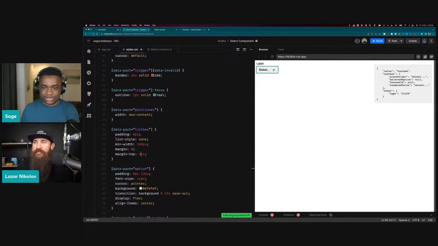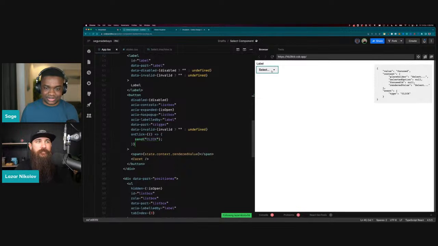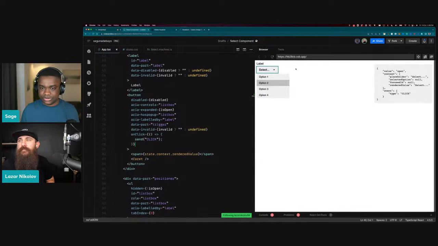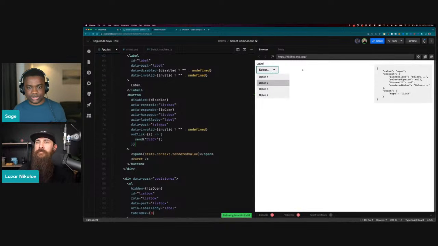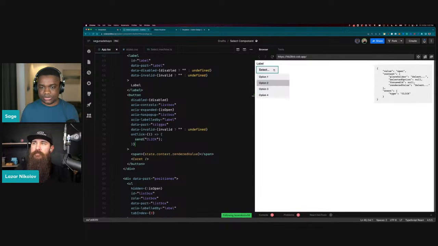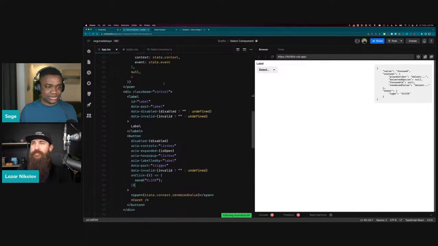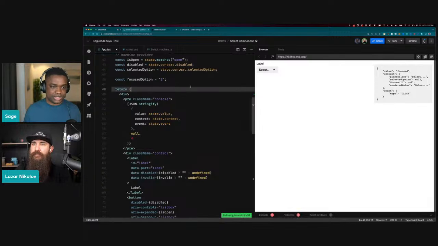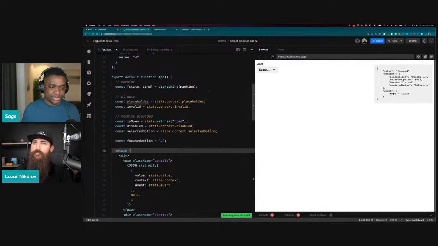So here we see that it kind of starts to feel like a select component now, and we're missing the blur now, right? Yeah, we're missing the blur now, but we still have quite a bit to do for sure. So let's see what we can do. Let's start with taking care of